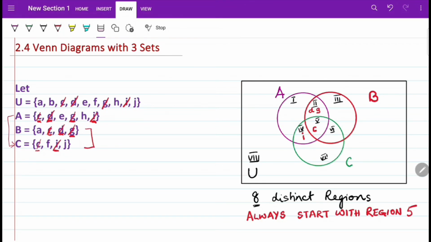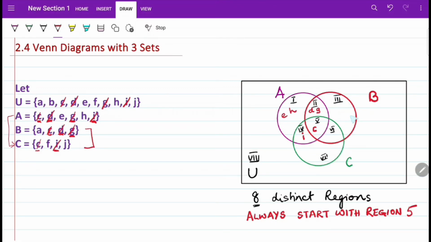All right. Now we go to filling out the other regions, region 1. So region 1 is a part of set A. So what is remaining in set A? Set A has E and H remaining. So we are going to just fill in those values and see. It helps at this point to fill in the remaining values, because all the others are crossed out, only E and H remains. So I'm just going to write E and H in region 1. Region 3